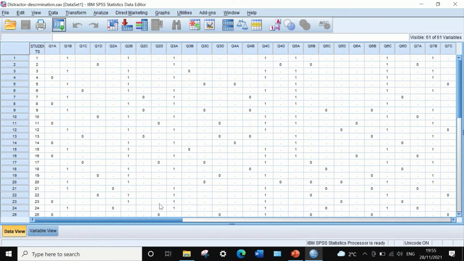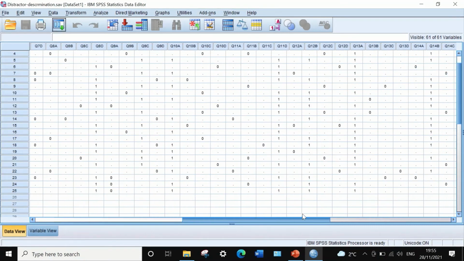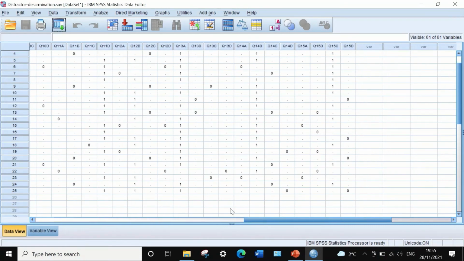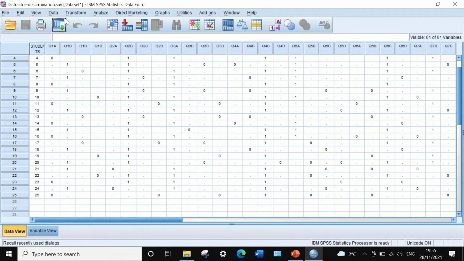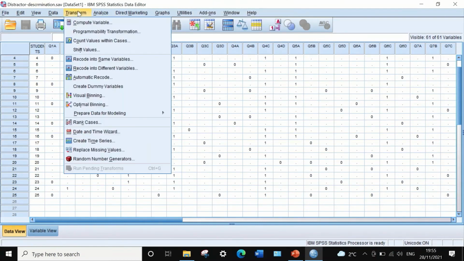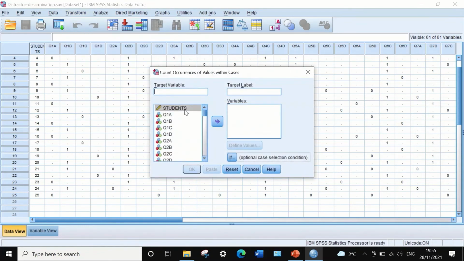And the way to do that is first to calculate the total score achieved by the participants in the exam. And the way to do that is to click on Transform and then select Count Values within Cases,